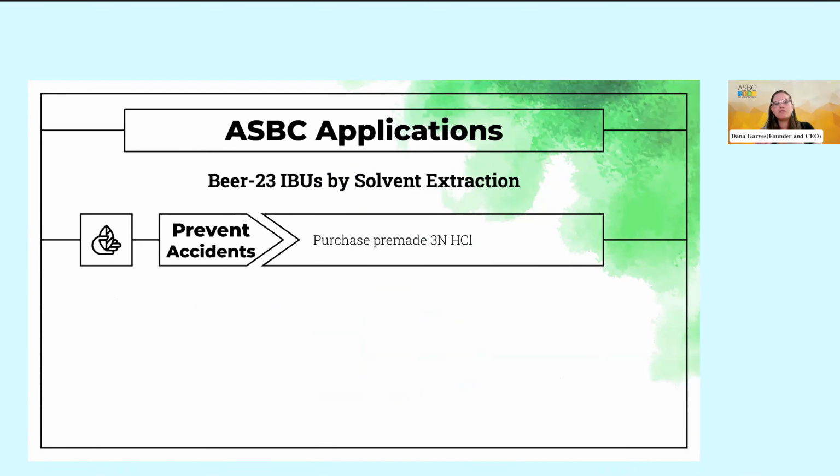Another way that we can prevent accidents is to purchase pre-made 3 normal hydrochloric acid. This one actually took me way too long to figure out. I spent a good portion of my career diluting down glacial hydrochloric acid from its normal concentration down to 3 normality. It is a nightmare. I hate it. It scares me. It's maybe the scariest part of my job, or was, until I started purchasing the